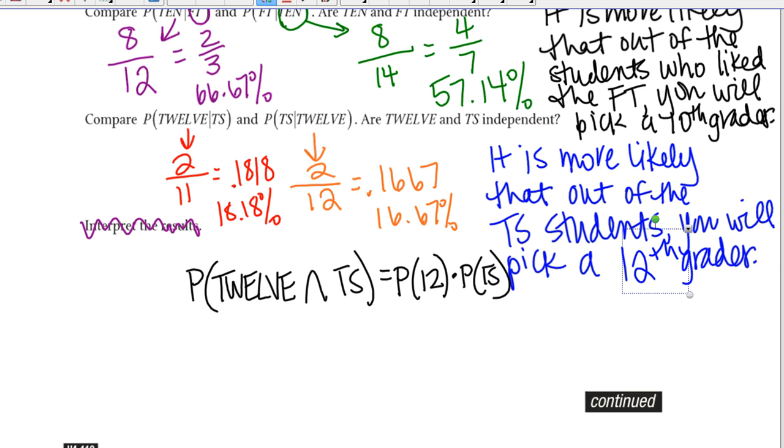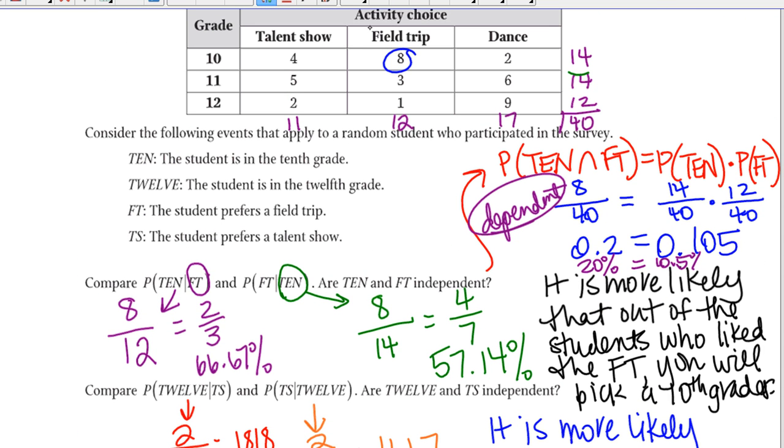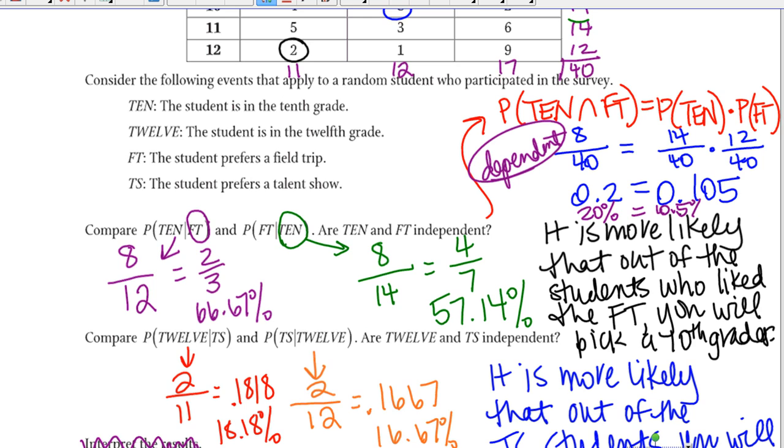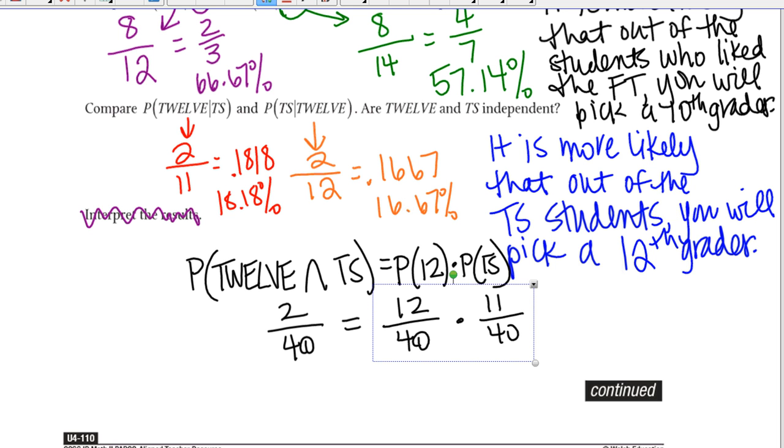So, the probability of a 12th grader and the talent show is 2 out of 40. The probability of getting a 12th grader is 12 out of 40. And the probability of getting somebody who liked the talent show is 11 out of 40. So we end up with 0.05